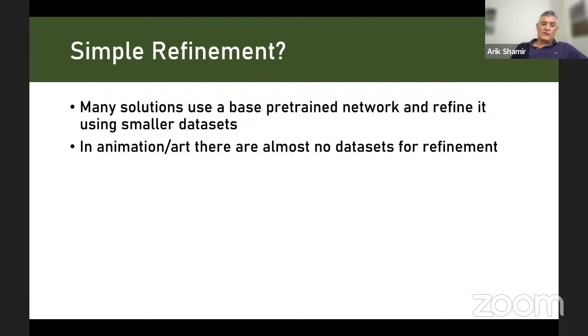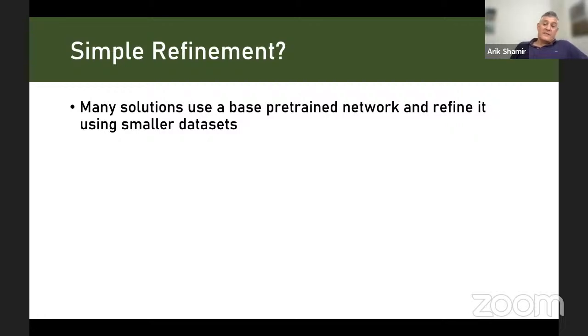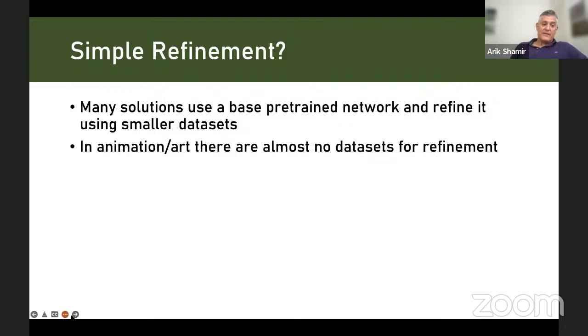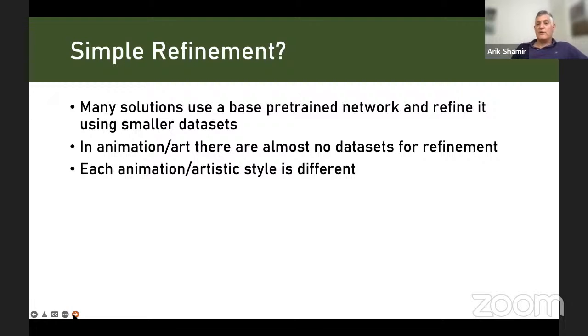So certainly not for tracking, not for segmentation, not for point detection. So that's a serious problem. The last thing is that each animation and artistic style is different, as I've shown you before. So even if you train a network for a specific style, it might not work for other types of style.